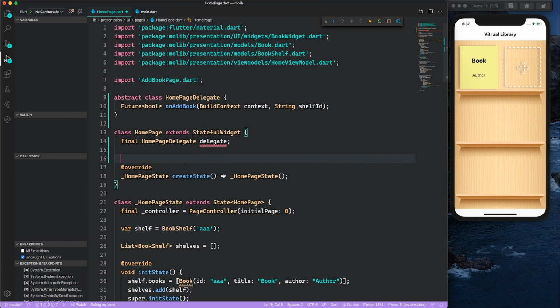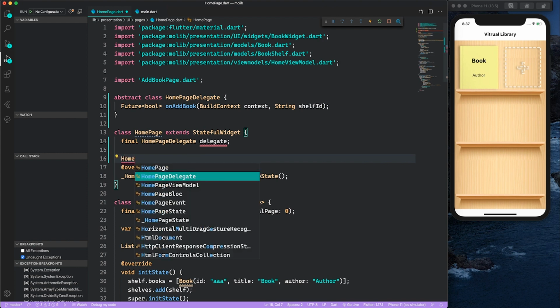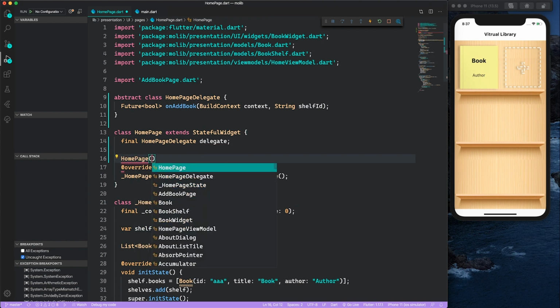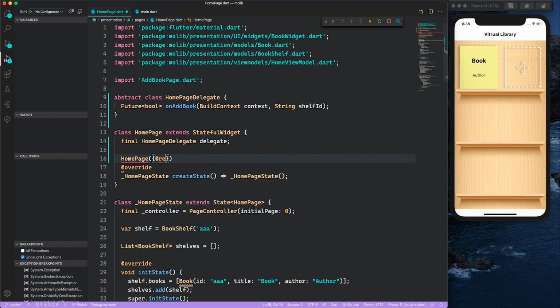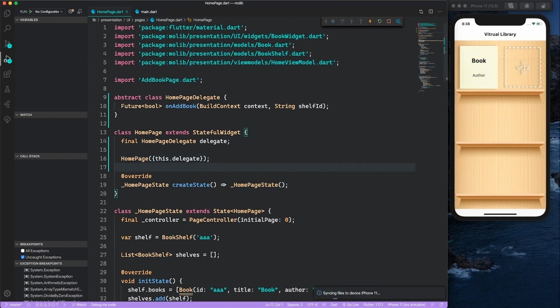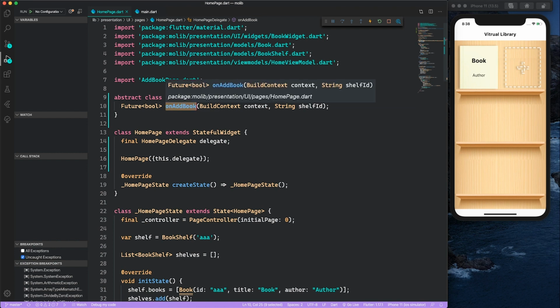And then inside the constructor, I'm going to say home page delegate. I'm just going to leave it as it is for now, but normally it should be required. So now we have our home page delegate, which we will implement the add book method in our